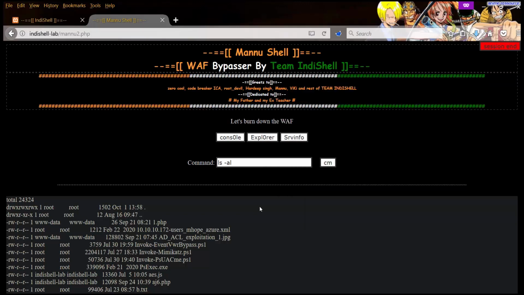So this is the thing, and now we integrate this web shell with Incredible Shell so that we can hide our activities from the SIEM team, or let's say if someone is monitoring. In that case, they simply won't be able to figure out what is actually happening. And to do so, we will be demonstrating this web shell in combination with Incredible Shell.